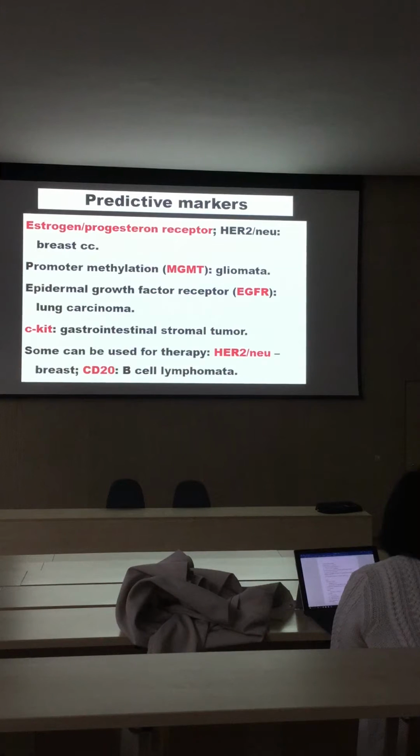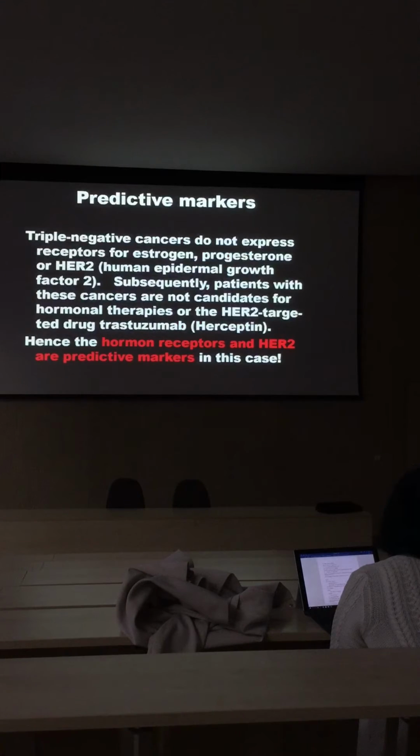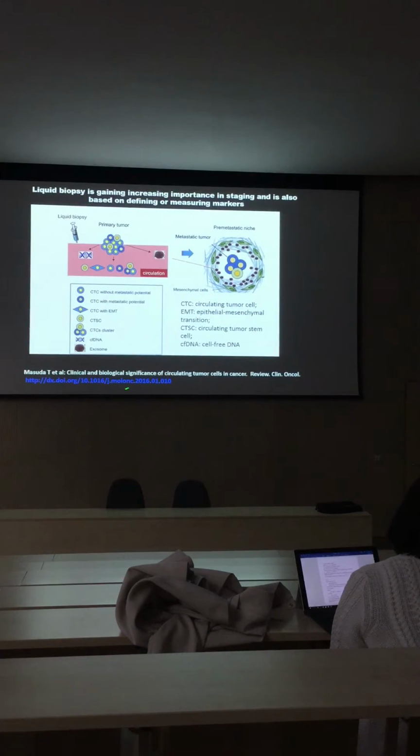But CD20 characterizes B cells, so if we have an antibody against CD20, we can block the proliferation of B cells, so B cell lymphoma can be treated by that. This is described here. Now, this again is about the liquid biopsy thing, and you see we can take